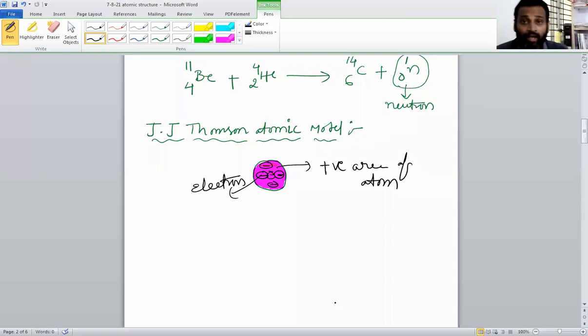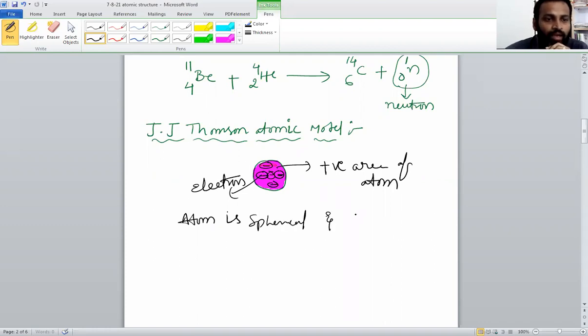He compared the atom with the watermelon fruit, or a plum cake. Understood, everyone? What he said first is that the atom is spherical. J.J. Thomson said the atom is spherical, and as seeds